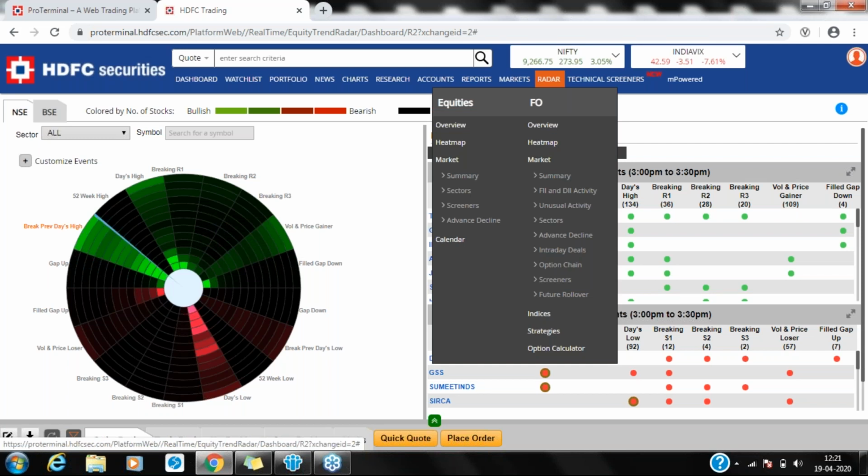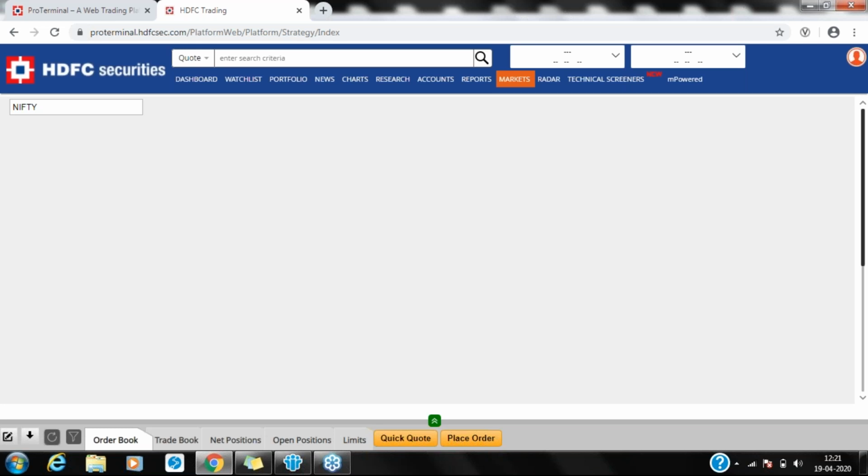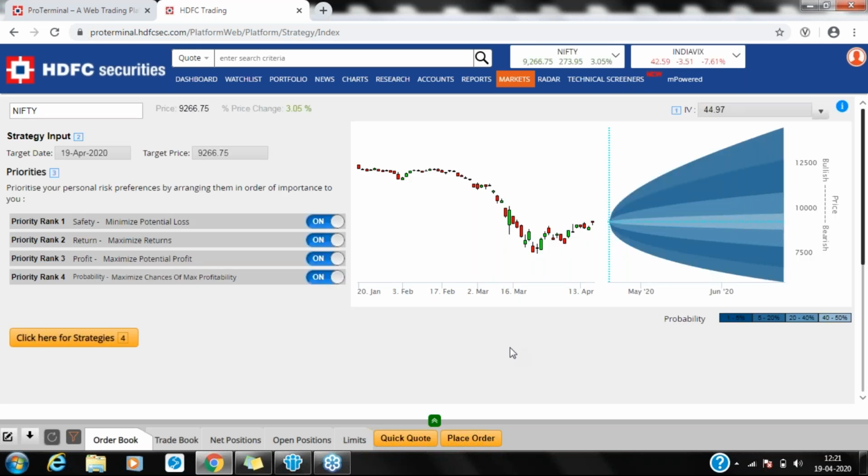Sunil Mehta has a question. I agree that margin is required, but how do we get the margin amount required for the strategy? Okay, Mr. Sunil, the margin required for the option strategy is not shown over here. That is something you have to calculate manually. Unfortunately, the overall margin requirement cannot be shown on the strategy page. The reason is that the margin keeps changing as per the market and as per the risk department. So we can't give you the exact margin requirement for any strategy. That is one of the reasons, and also it would not be completely suitable for us to give you the margin. But you can manually calculate the margin, and the margin also keeps changing for shorting the stock, and for buying the stock.